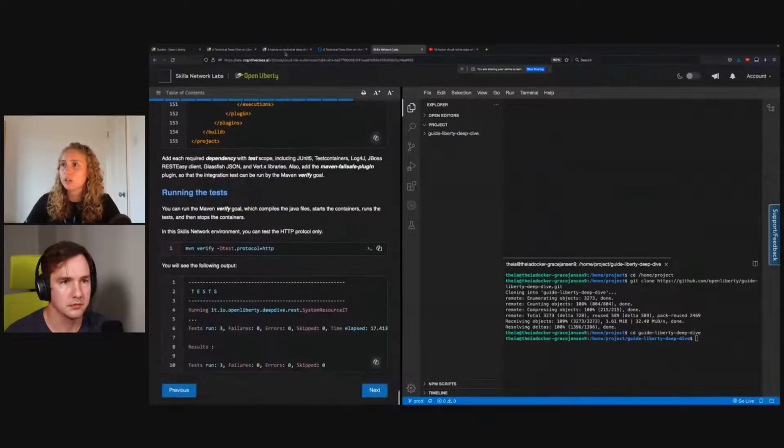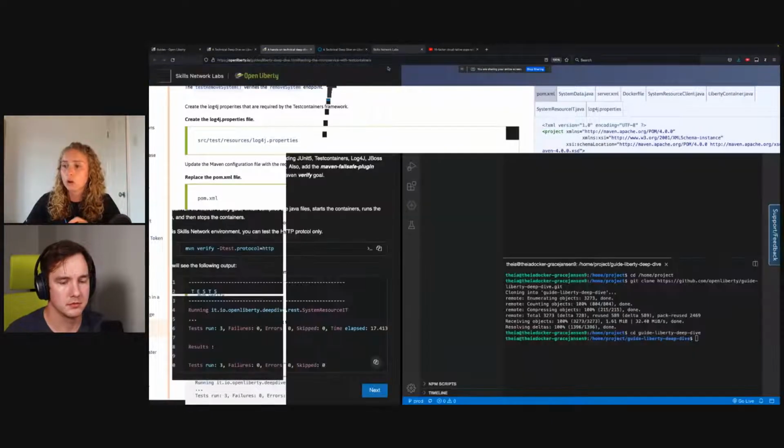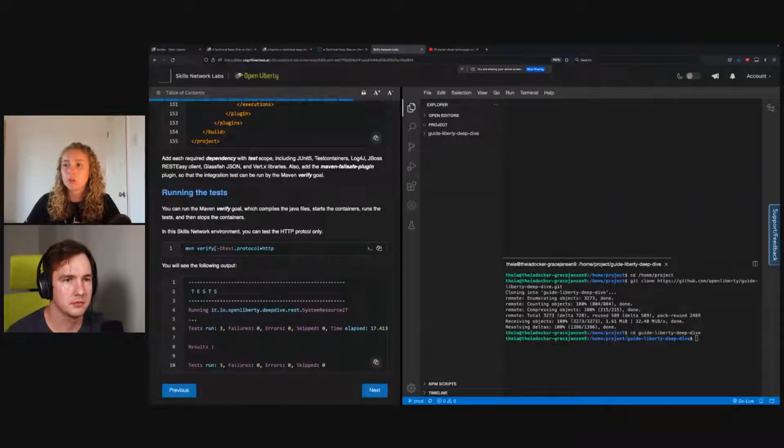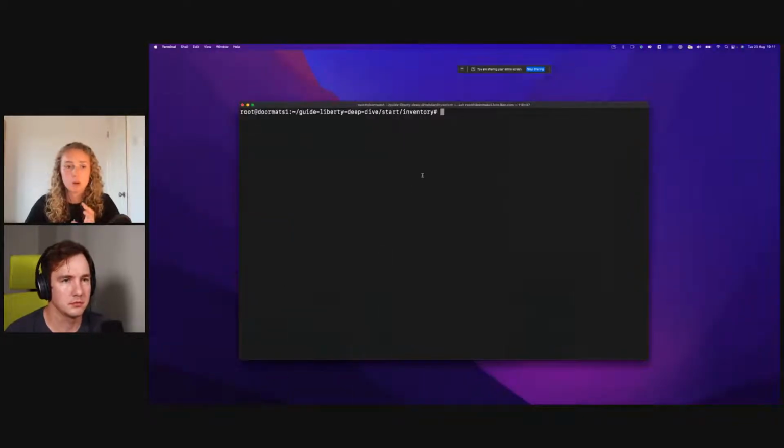So instead of doing the Maven verify that you see in this locally hosted one, what I'm going to be using is the Maven verify with this particular edition, just so we're specifying that we're just testing the HTTP. So essentially what we're doing is a Maven verify, but just adding that in as well. So I can just copy that, and I've already set up my VM ready here. All I need to do is paste in my command, enter, and